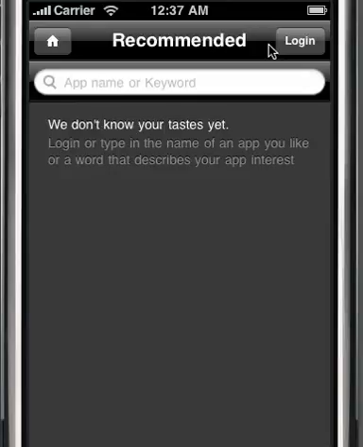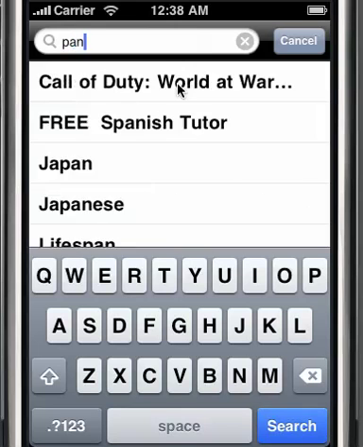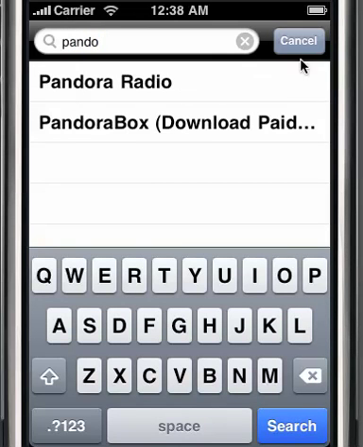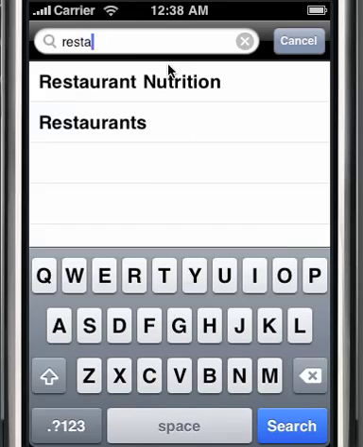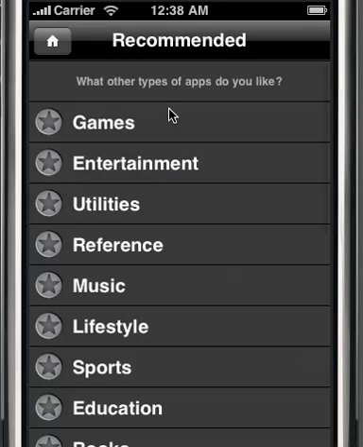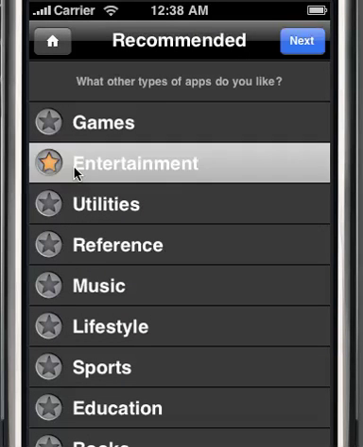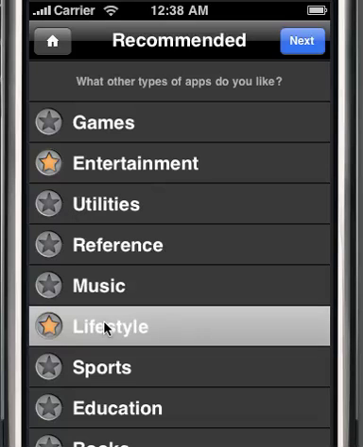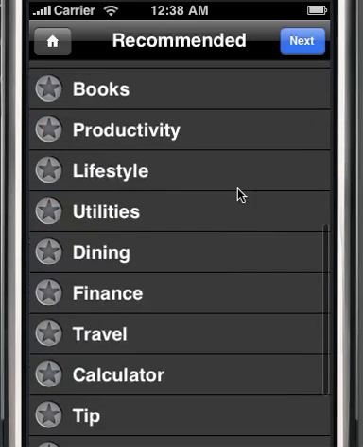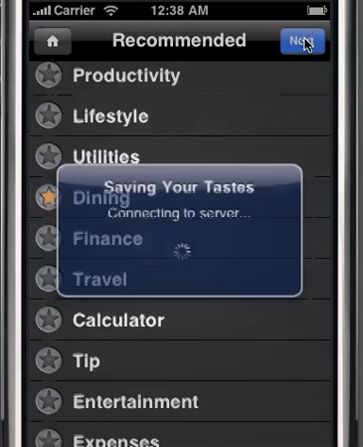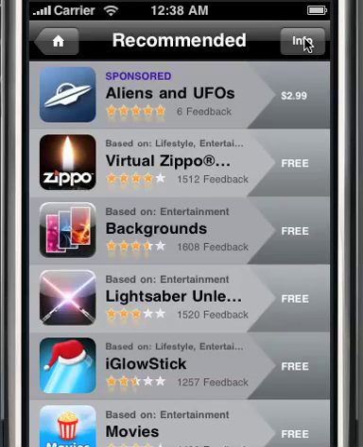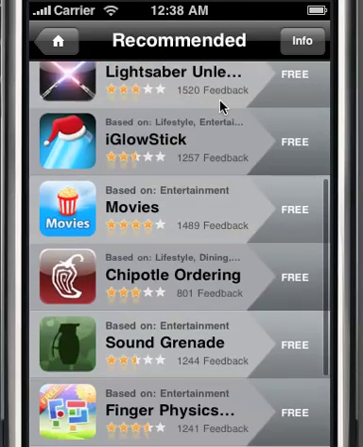The main discovery method is recommendation. If you have an account, you can log in, or you can type in the name of an app like Pandora. But because I like to eat out, let's look for restaurant apps. It's then going to ask you what other type of apps you like. So let's say entertainment, lifestyle, and dining. And click on next, which then the recommendation algorithm goes to work and basically fetches the top recommended apps that